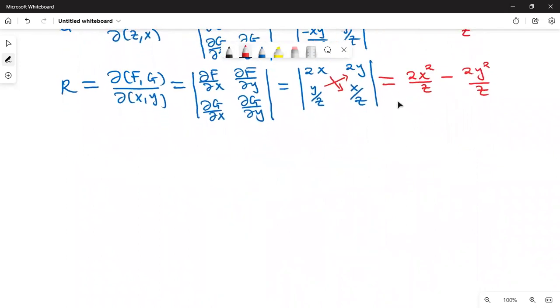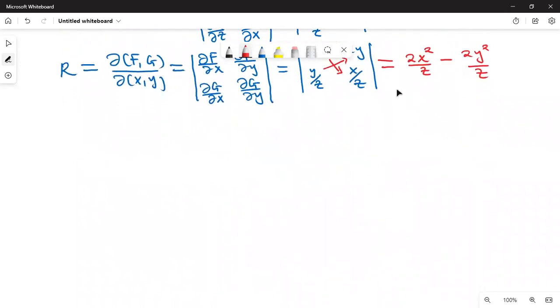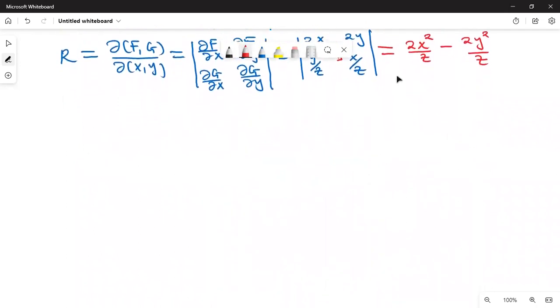So for us to be able to find the ODE corresponding to the orthogonal family, we need to find the other direction cosines, which we are calling, I'm going to use a different color to differentiate them,